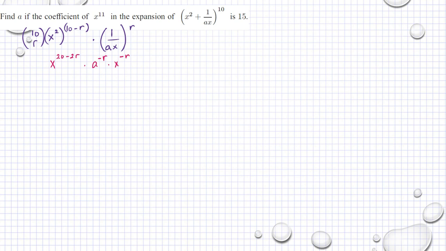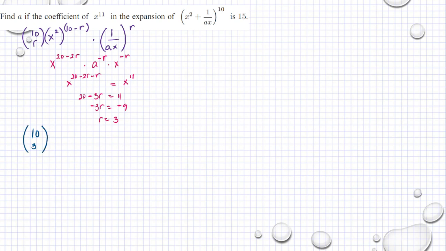And if I'm going to just take into consideration the x's, then x raised to 20 minus 2r minus r should be equal to x raised to 11. So we have 20 minus 3r is equal to 11, and then negative 3r is equal to negative 9. So our r is equal to 3. So if I'm going back to 10 taken 3,